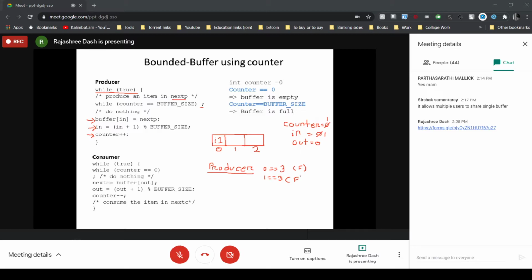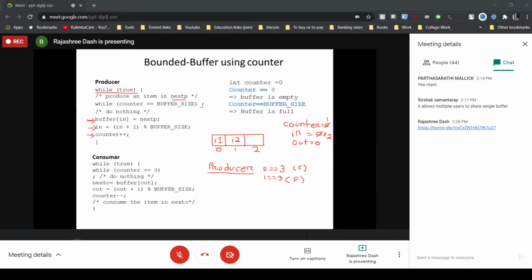So condition false means the producer is not going to wait. It will go to the next statement, that is buffer in equal to next P. So in value is 1. So at position 1, it will store the next item, let that be I2. After that, it will increment the value of in to (in plus 1) modulo buffer size. So 1 plus 1, 2 modulo 3, that is 2. Now the new value of in is 2.